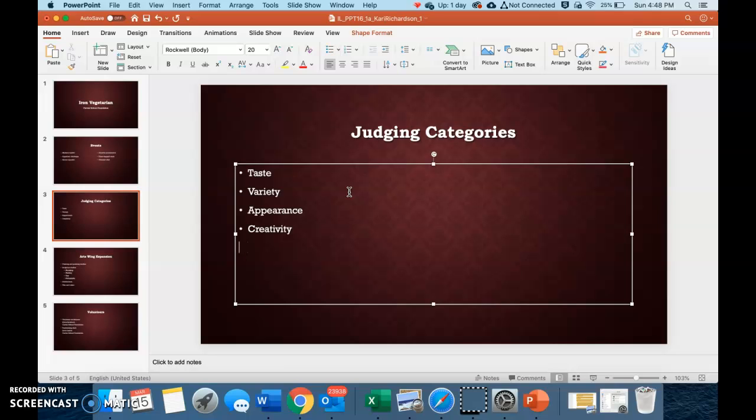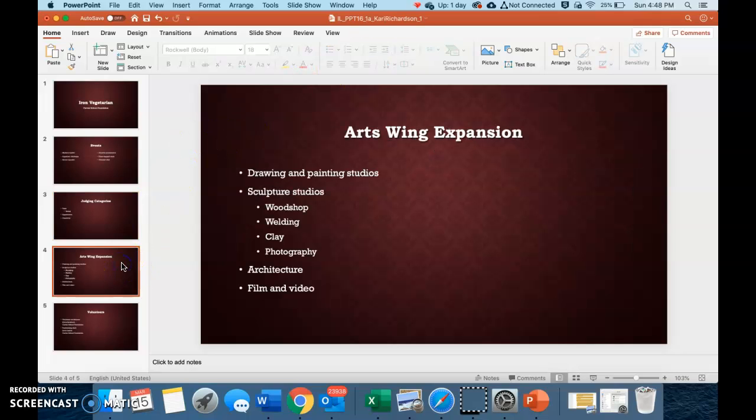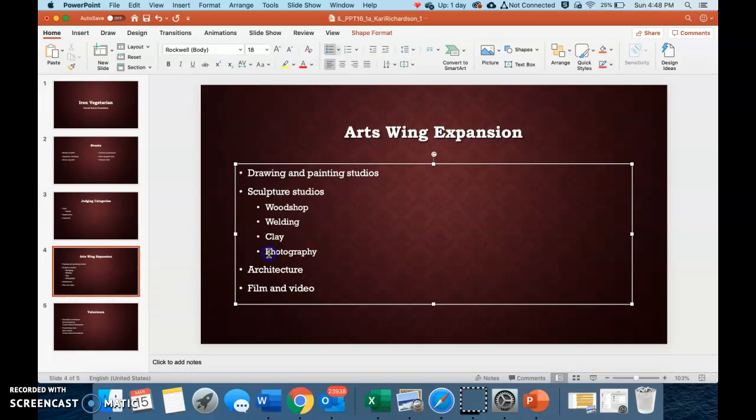With slide 3 judging categories still displayed, increase the indent of the variety. So if we're going to increase the indent, you can go up and increase indent. A variety bullet one level to show that it's part of the taste category. It wants us to go on to slide number 4, the arts wing expansion. Decrease the indent of photography. So with my cursor inside of photography, I can decrease that indent. And then on slide 5,